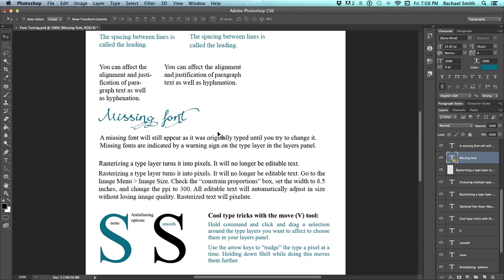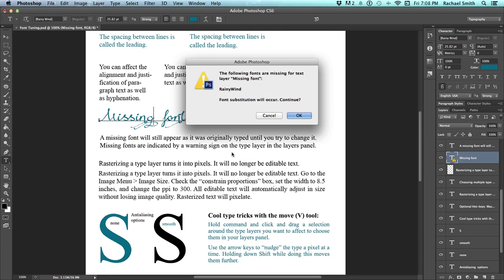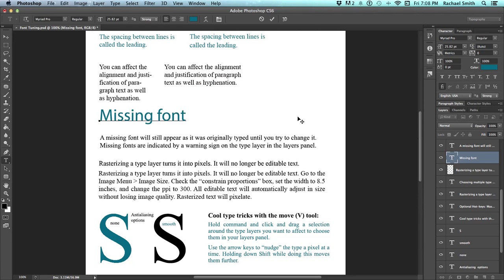But if you try and resize or retype, it will ask you to go back to a different font. So I'm going to grab my type tool and click on it, and it says a font substitution will occur. Should I continue? And if you say OK, it will actually change that word. So if I had loaded the font, it would resolve and not need to be changed, but if I don't